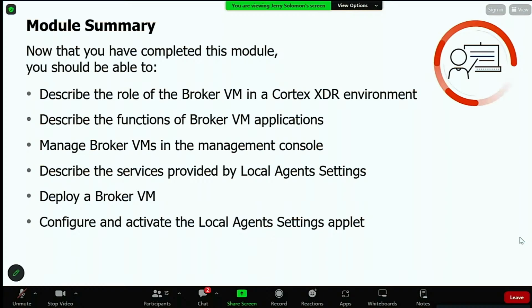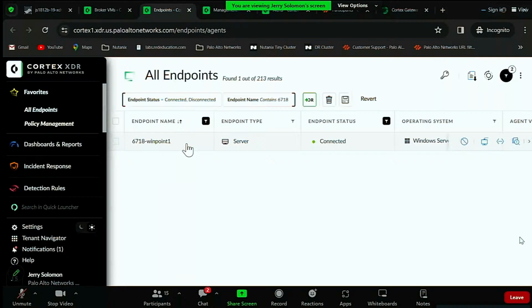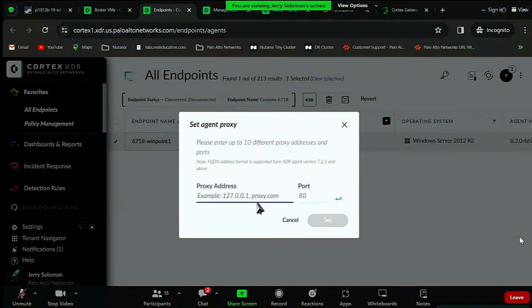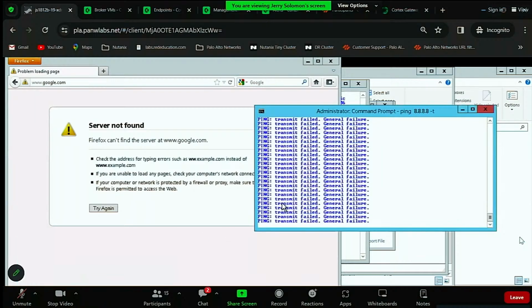So again, if it was my environment, I would really want to make sure my endpoint is actually configured with more than one broker. I can't see which Broker VMs it's using. I've already configured it to use a Broker VM, and I can't see that anymore. I can set more, but I can't see that it's configured on my agent. I'm in trouble now. So I'm going to go back to my agent for a second and